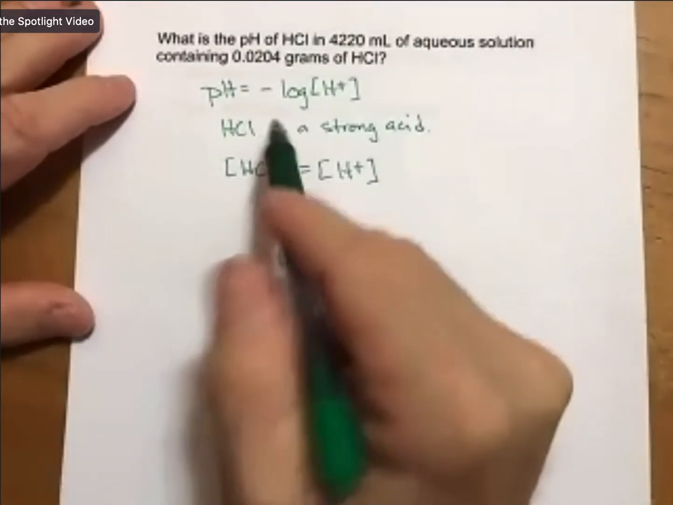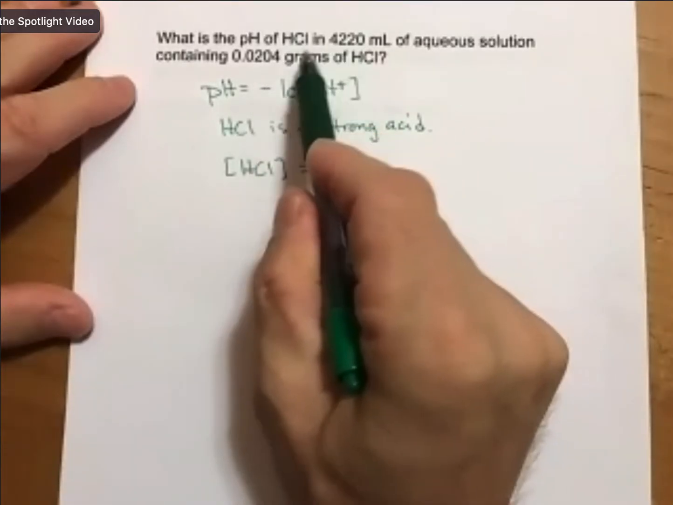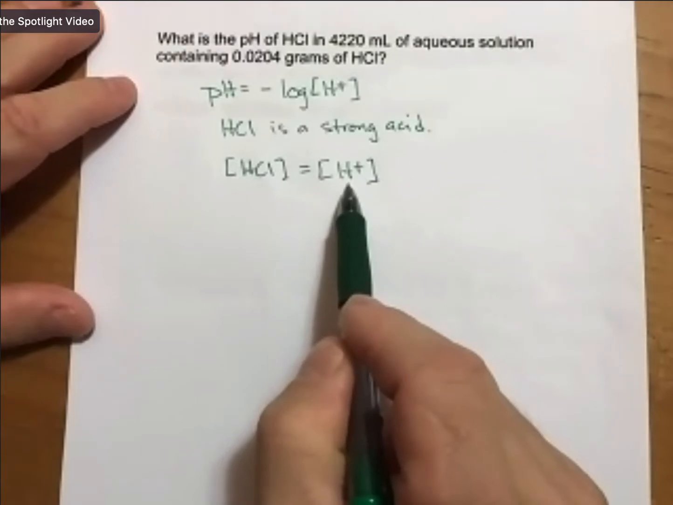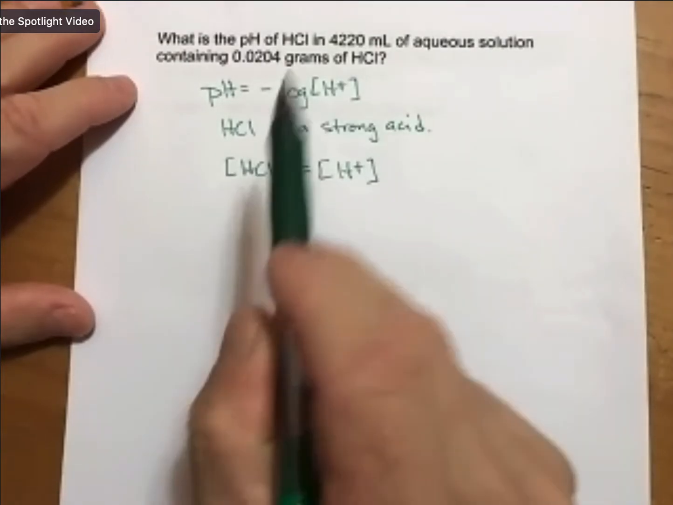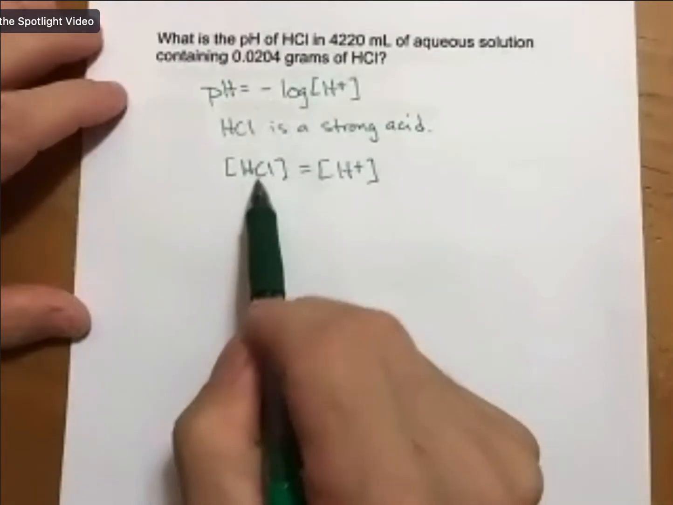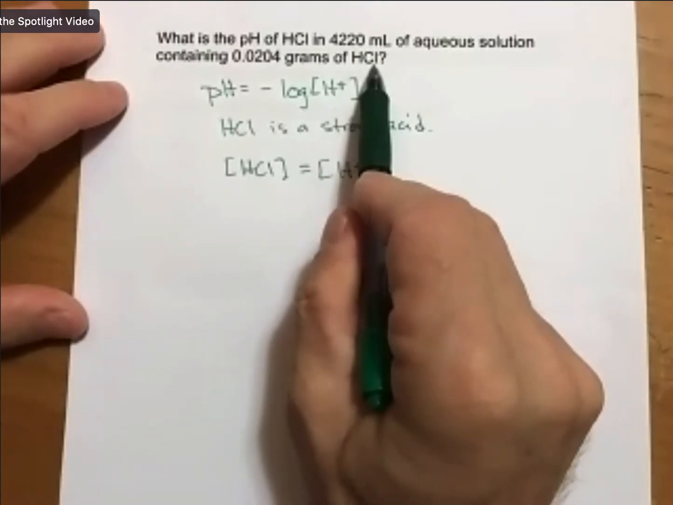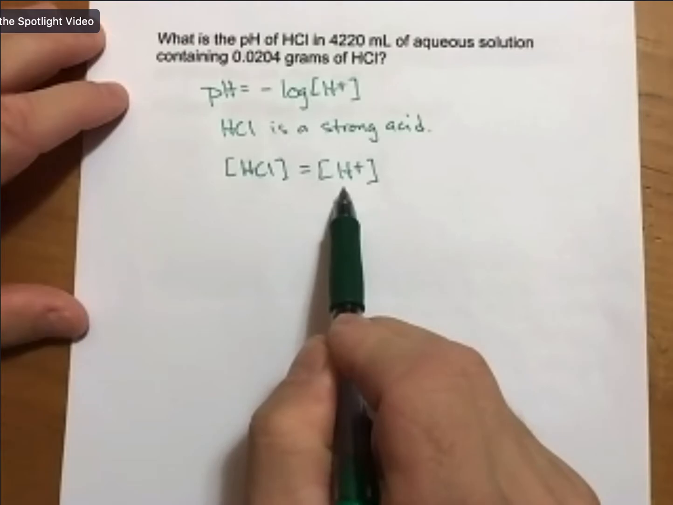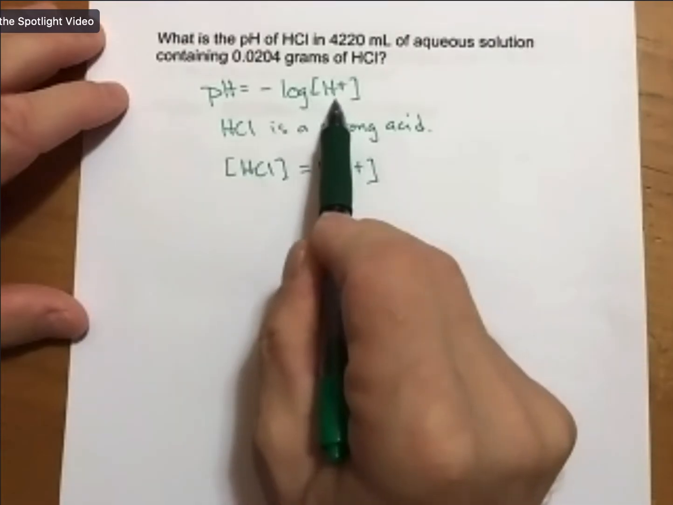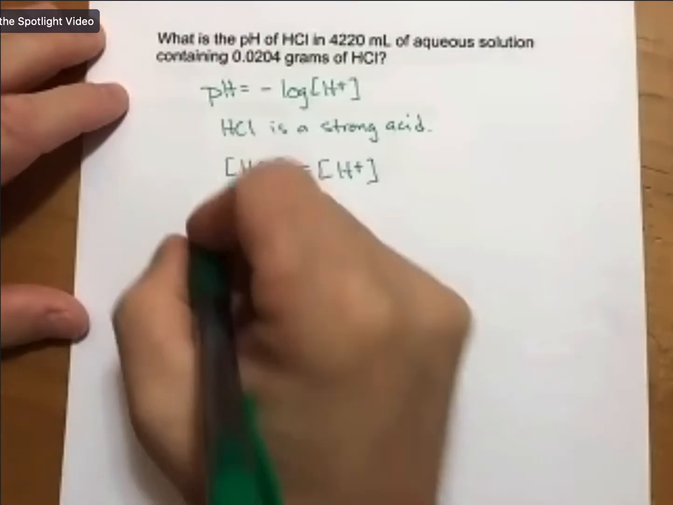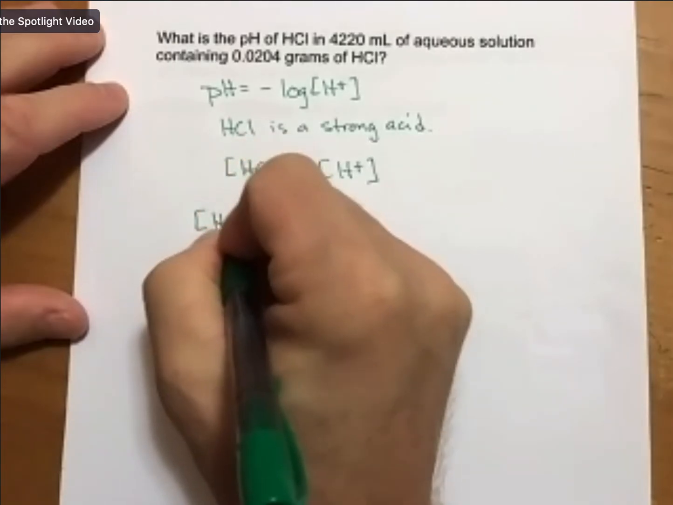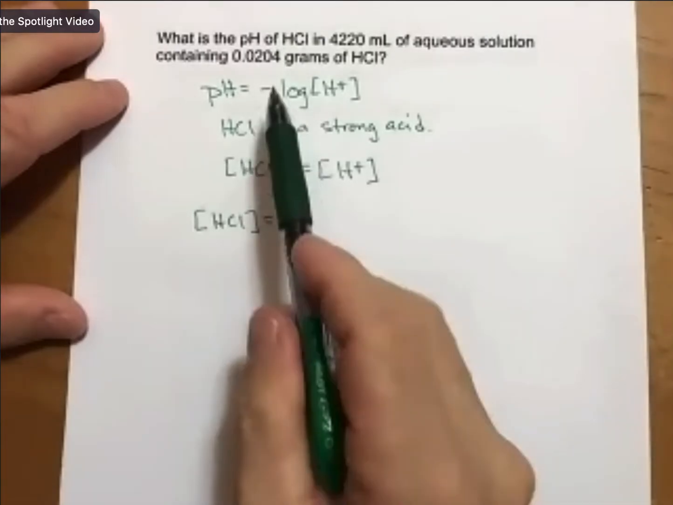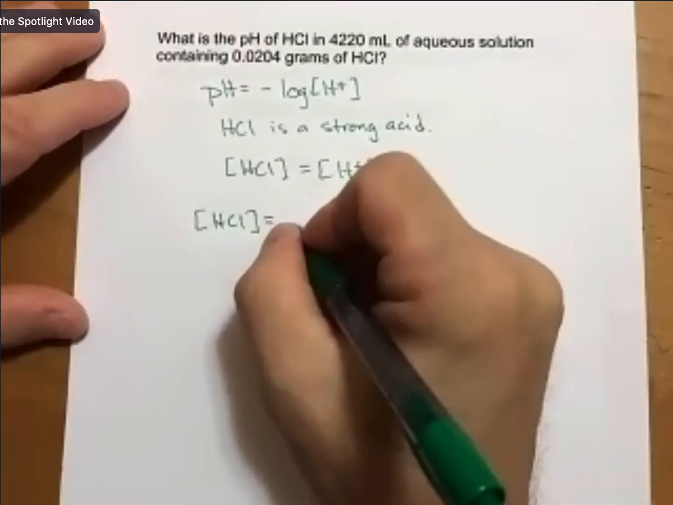So our process will be to figure out what the concentration of H+ in this solution is, set it, and then say that is exactly the concentration, and backtrack. What is the concentration of HCl? Once we find that, it will be the concentration of H+, and we can plug it right into the pH. So our concentration of HCl, which is what the square brackets mean, is going to be moles of HCl